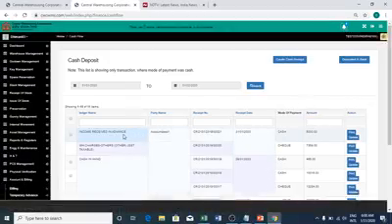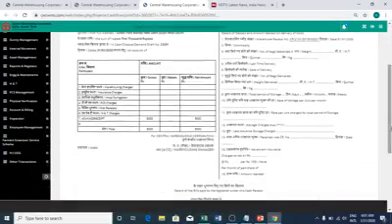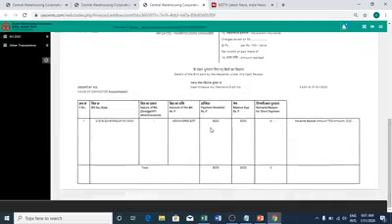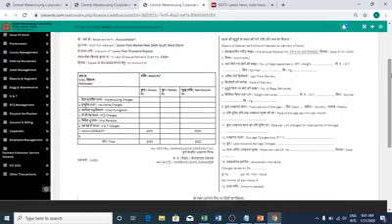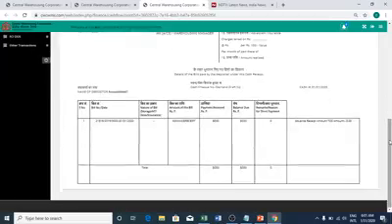You see here, this shows that income received in advance from this party for 5,000 rupees using cash. Now if I print it, you see here, this is shown as advance receipt of 5,000 rupees, and against this there is the voucher number which we just saw, that is reflected here. This is not the bill number, this is the advance receipt voucher number. So this is how this particular model is used for receiving the advance.